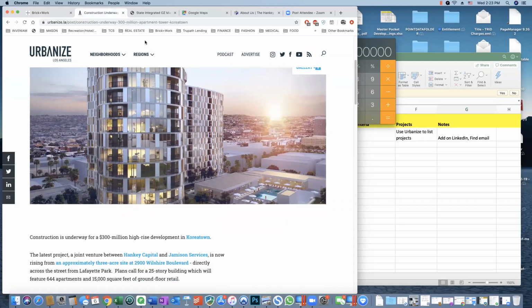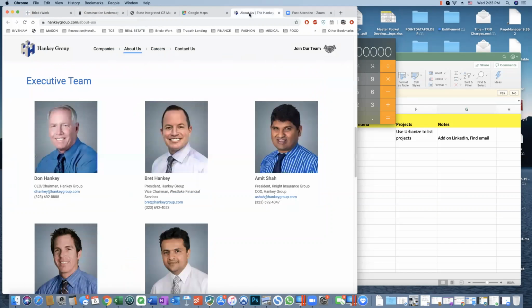So I'm not saying that you should only send it to one development group. That doesn't work. You have to send these emails out 20, 40, 100 at a time, or even more, and you have to wait to see what interest you're getting from these development groups. Or you could be more specific. And so the Hankey Group